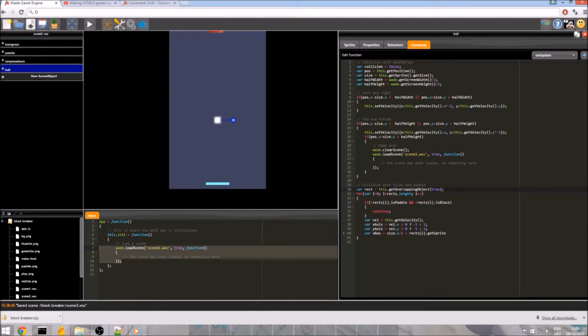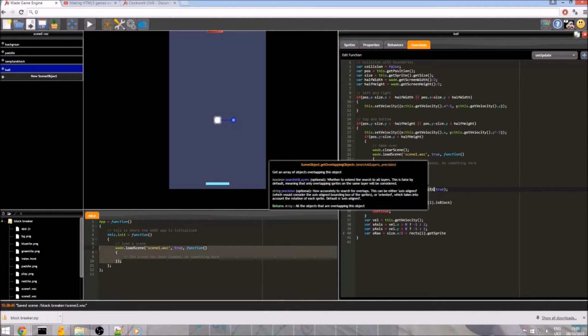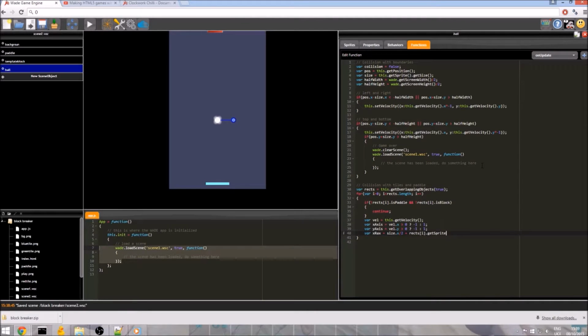Oh, I've just realized I've got some S's mixed up here. This should be getOverlappingObjects, and I've only called it rects, so I'm just going to make it consistent. We're going to have an S on the end everywhere. Yes, that makes sense, and that is getOverlappingObjects with an S. Sorry about that.